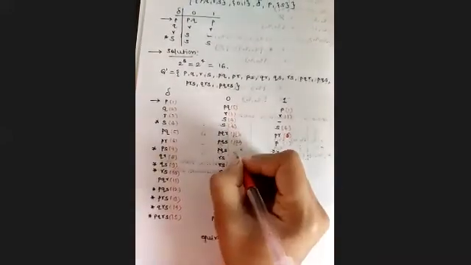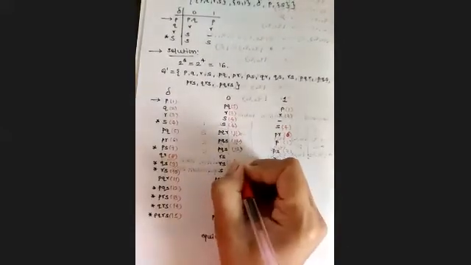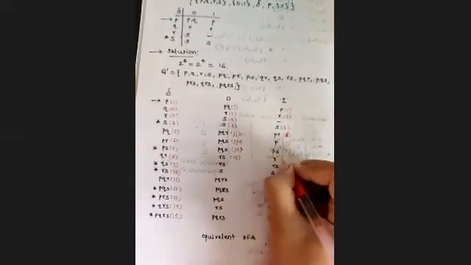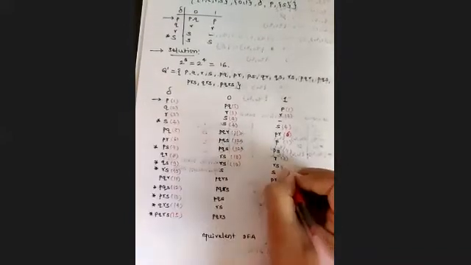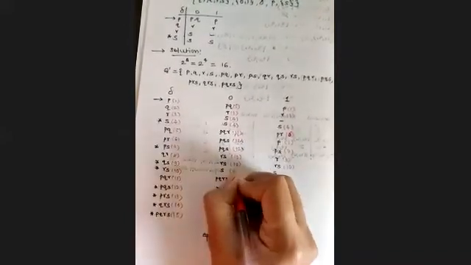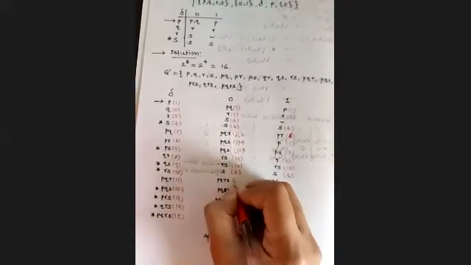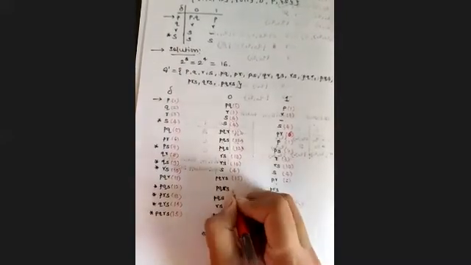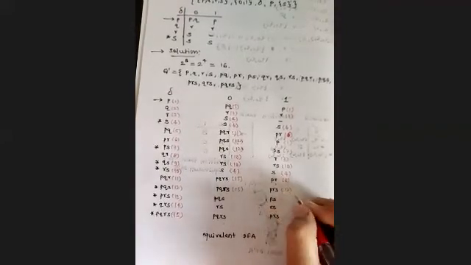PQS is 12. For P it is 1. Again PQS 12. For PS it's 7. For RS it's 10. For R it's 3. For RS again 10. For S it's 4. For S 4. PQRS is 15. PR is 6. PQRS is 15 again. PRS is 13.